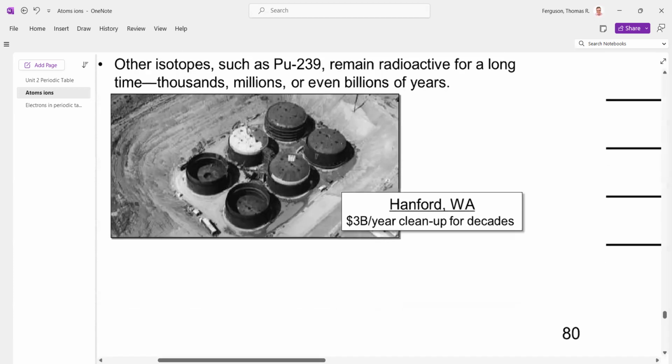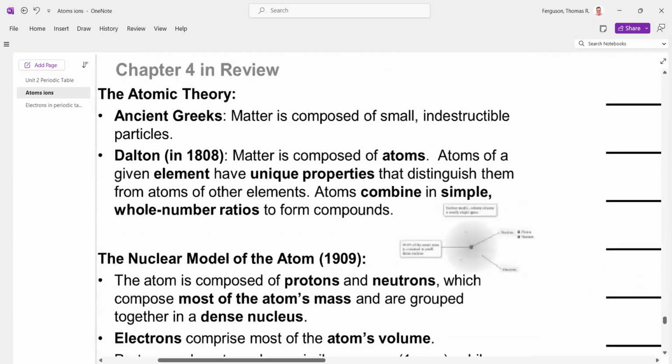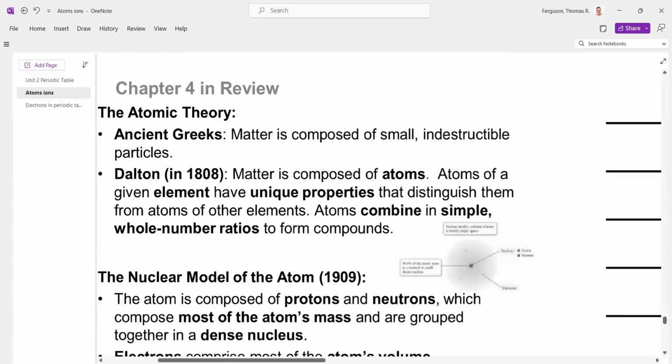Okay. All right, I'm going to stop here for today. Then tomorrow I want to get into atomic theory. I'm going to start with the Greeks. I'm going to build to our modern model of atomic